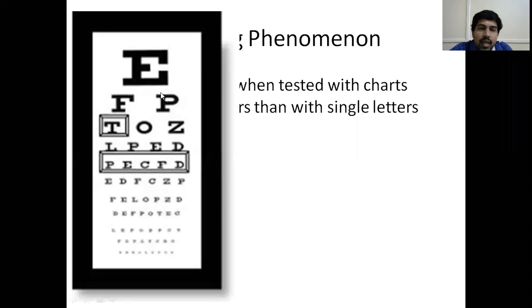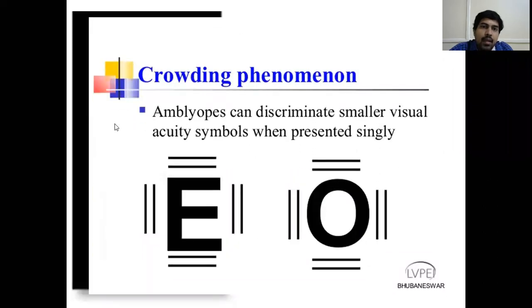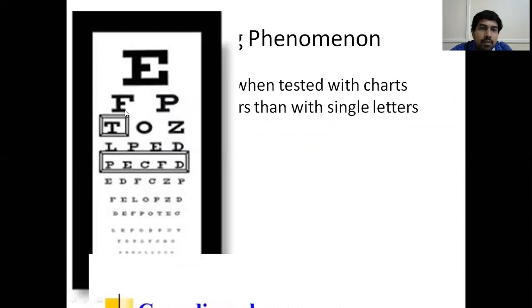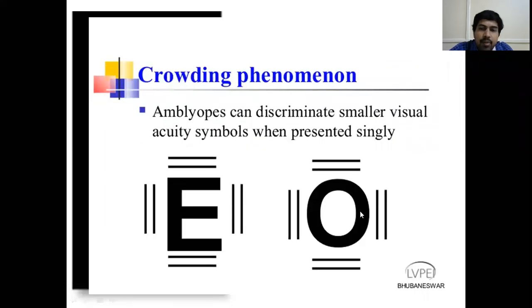So in amblyopia, the eye is already lazy. So it can't identify these many structures, these many alphabets. That's why the visual acuity will be less for the patient of amblyopia when you project this Snellen's chart. But if you project these letters independently, suppose individual letters, that E or O, if you show to that patient, the patient will easily be able to process it. When you project so many images at a time, the eye can't process because it is lazy. But if you take one particular letter and show it, the eye will be able to identify it. So that is one mode of diagnosing amblyopia.